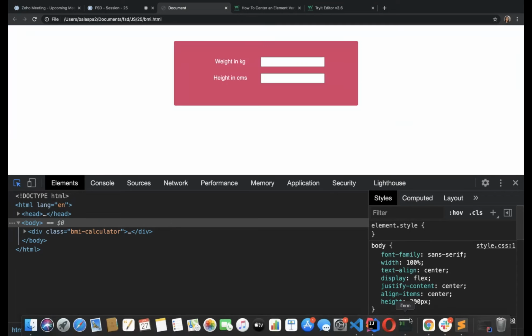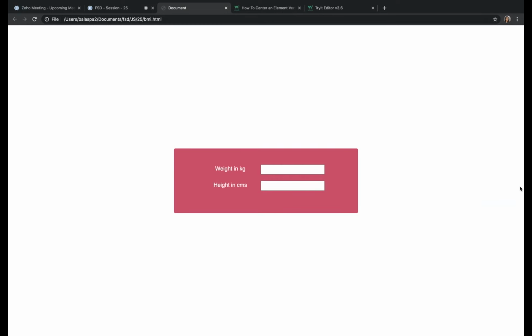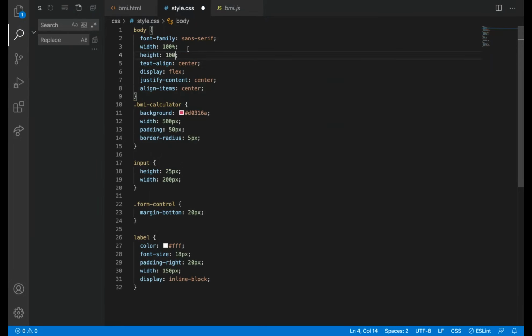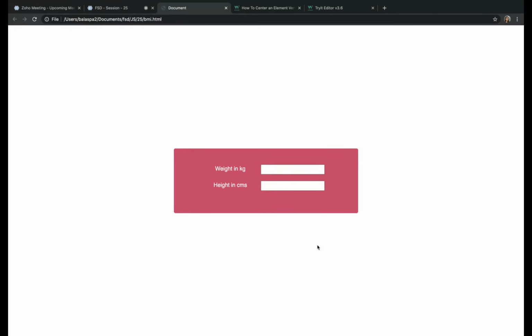It will align center. So what I did, I gave here 100 VH. What is VH? It is viewport height. It will take the vertical height of the screen, so my screen's height it will take. So 100 VH means the screen height. It will set the screen height to the body. You can explore this term, make a note of it because we will use this. Check what is VH and how it works. Practice it. Okay, so we made it center.